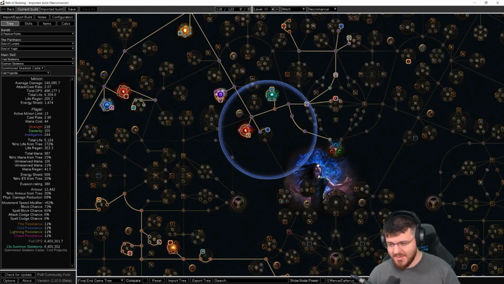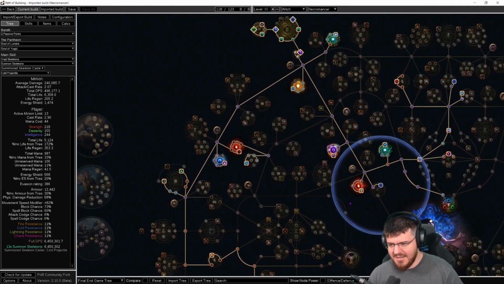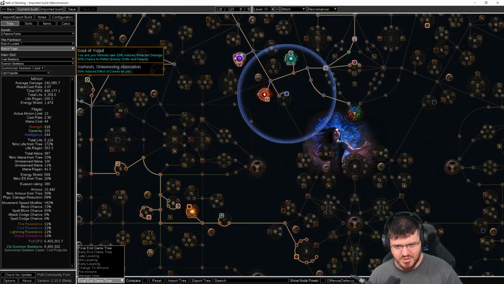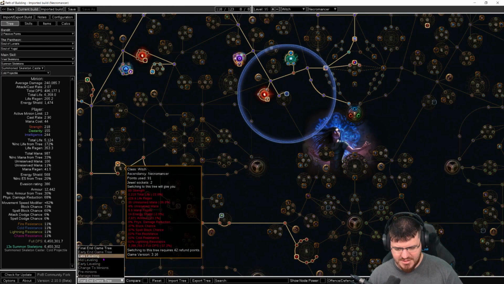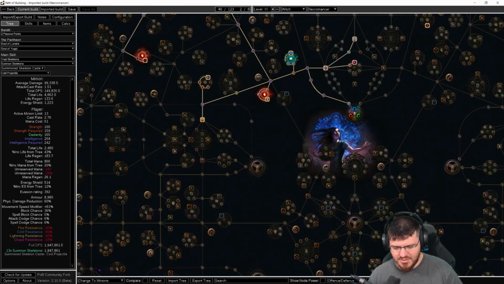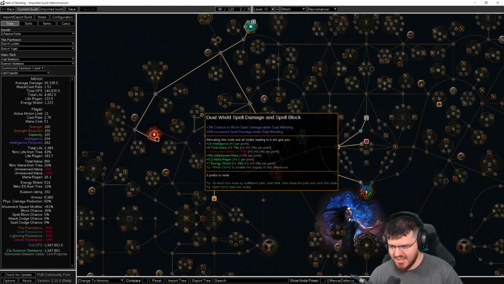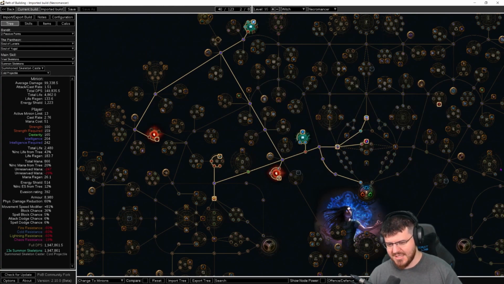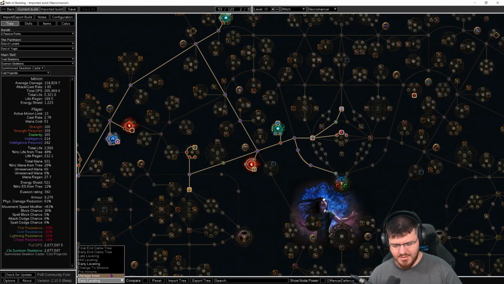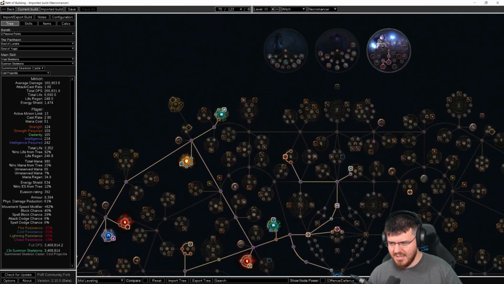So this build is quite well done in the trees. We have leveling trees. We have pre-minion leveling trees. We have the first and earliest change to minions, where you would be using summoned skeletons, but not skeletal mages. Then a little bit further along, up into your